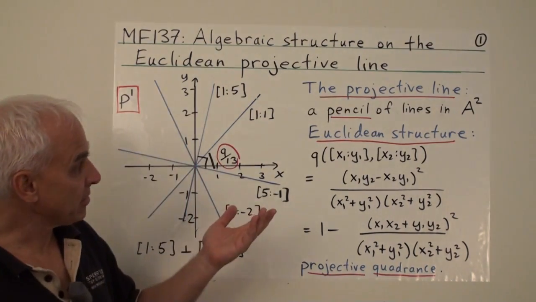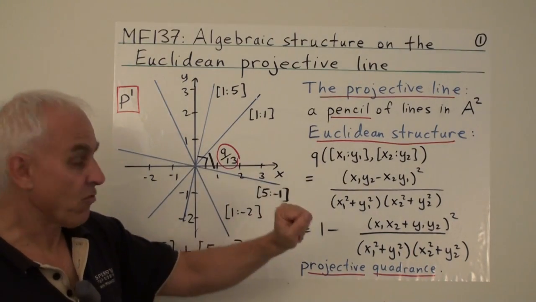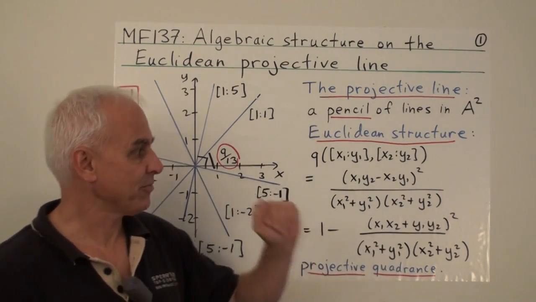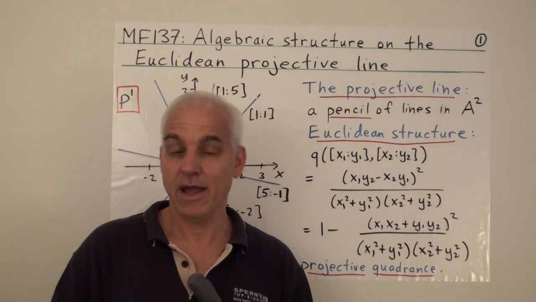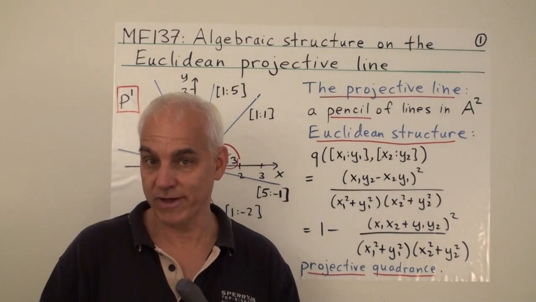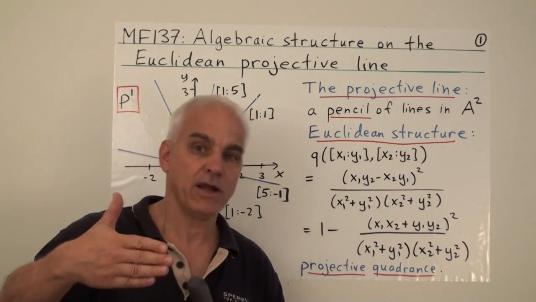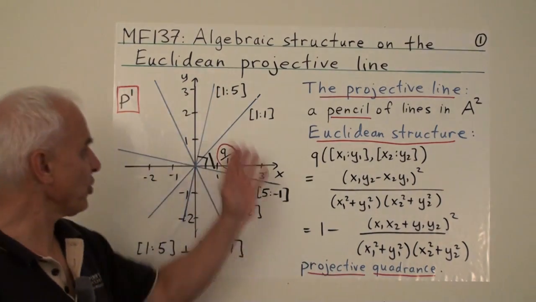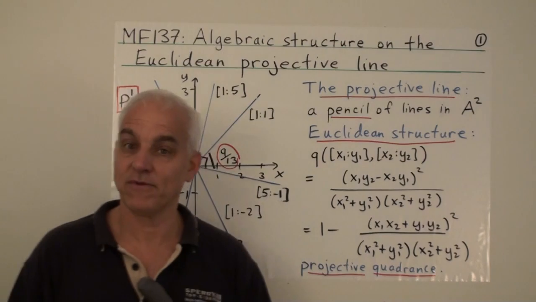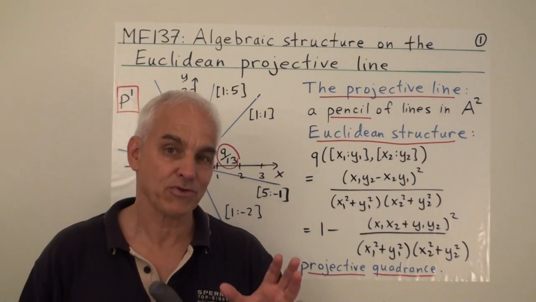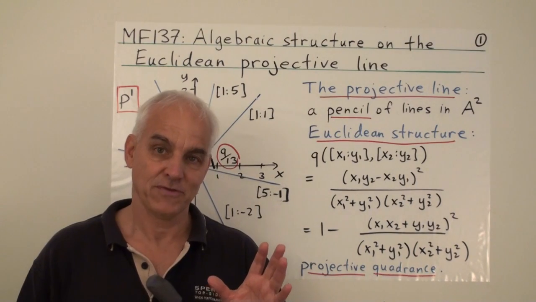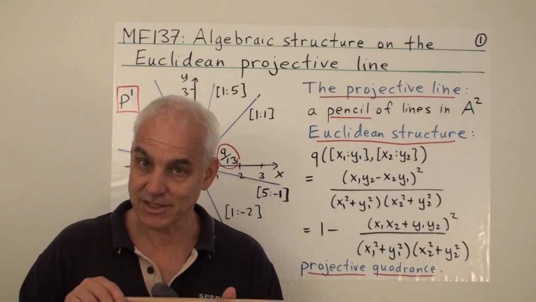Okay, so we're going to talk about the projective quadrances, which we introduced last time, and I'll remind you about this most important formula, the projective triple quad formula, and I'm going to show you how to prove it. And then we're going to go on and talk a little bit more about the structure of this Euclidean projective line. In particular, we're going to talk about isometries or rotations, natural analogs of translations for the affine line.